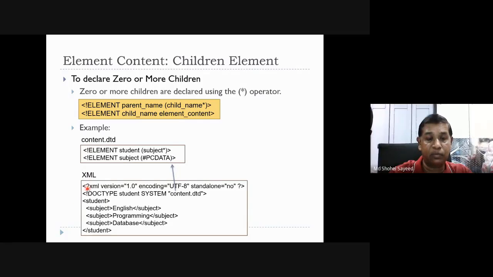Then in the XML code, you declare the XML version first. Next, document type student, SYSTEM, then you write the name of the DTD file. Then you define student, the root element, subject English, subject programming, subject database. That might be 0 or more; here there are 3. Then the end of the root tag, student. I think this is very easy to understand. Next.